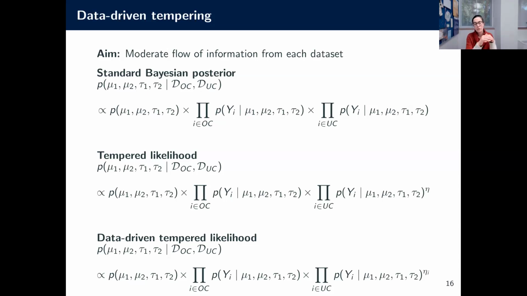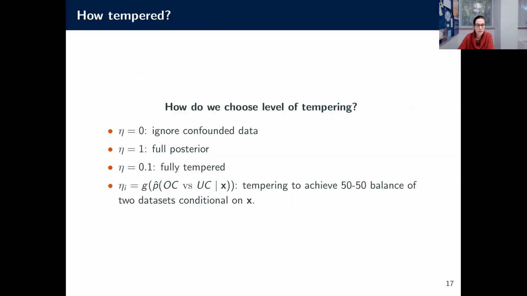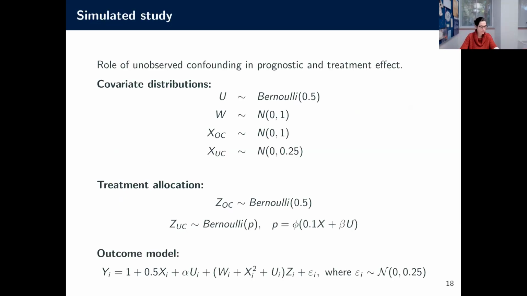And that means that throughout the whole covariate space, you have the same level of contamination potentially from the two data sets. And you can tweak whether you want that to be 50-50 or 20-80 or whatever you want to do, such that it gives you some level of confidence and control over whether you're over-contaminating or under-contaminating. We've tried many different things. You can also try a constant. You can try different things. I don't need to